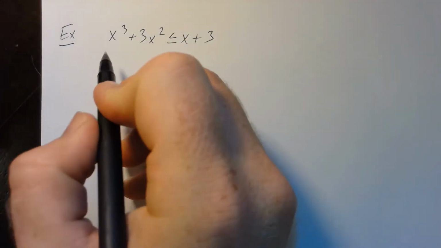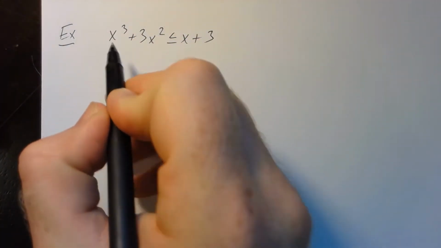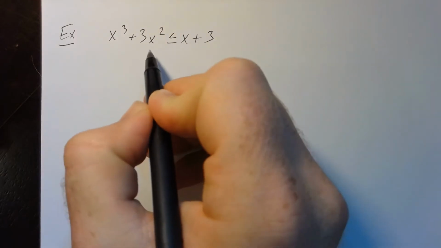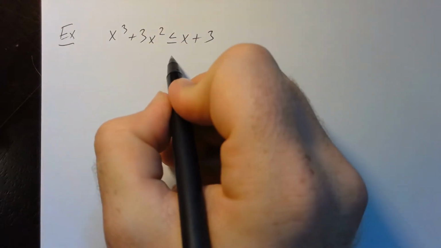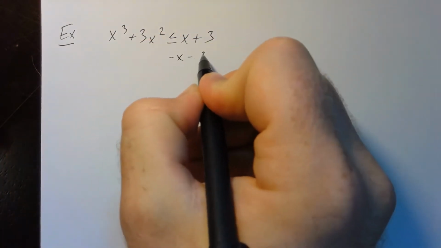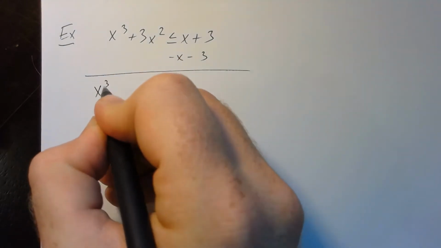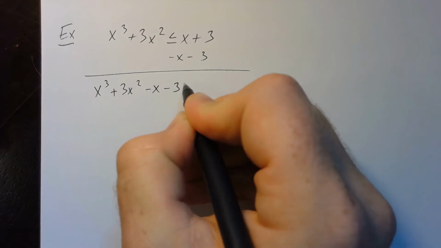So the first step I'm going to do is, again, look for the largest power of x. I'm going to make sure that that term is positive. I'm going to move all the other terms with that term so that it remains positive. So in this case, I'll subtract the x and I'll subtract the 3 from both sides. In this case, that provides me with x cubed plus 3x squared minus x minus 3 is less than or equal